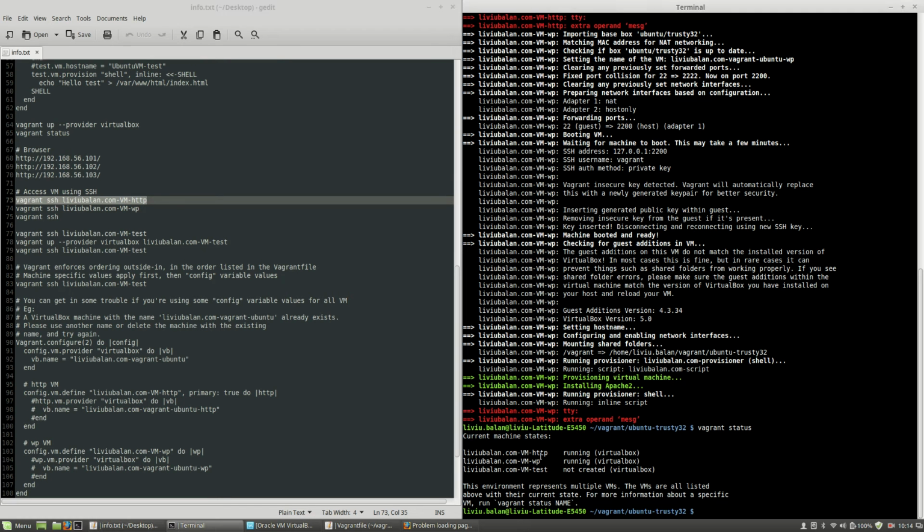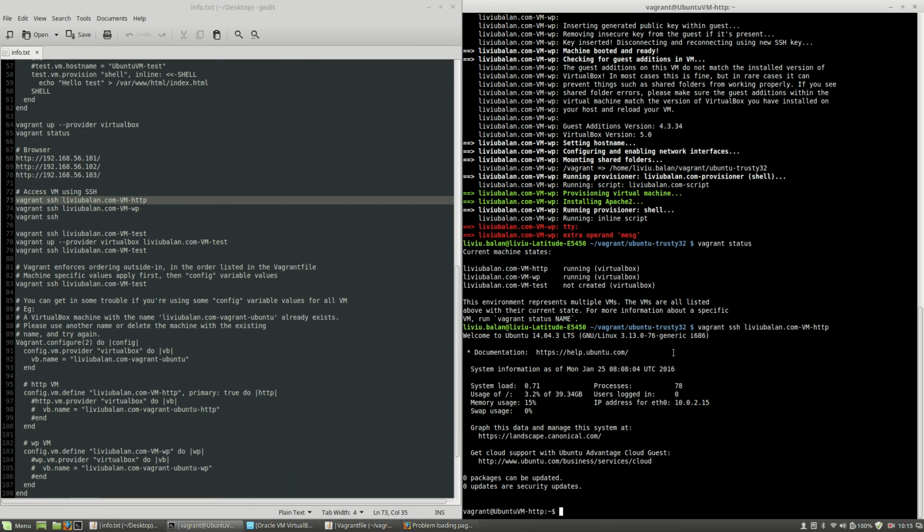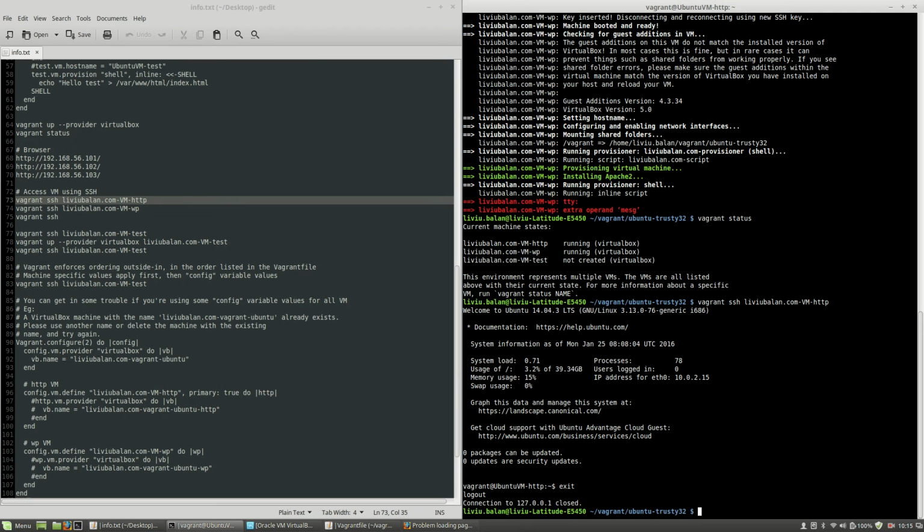If you want, for example, to access the first virtual machine, all you have to do is to use vagrant ssh and then the virtual machine name, which is this one. Copy and paste. Hit the enter key, and as you can see, now I'm on my ubuntu-vm-http hostname virtual machine. If I use exit in order to exit my current virtual machine, you will see that instead of using the first virtual machine name, I can use